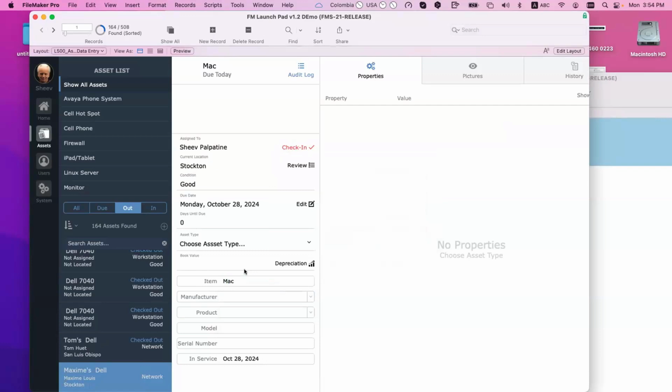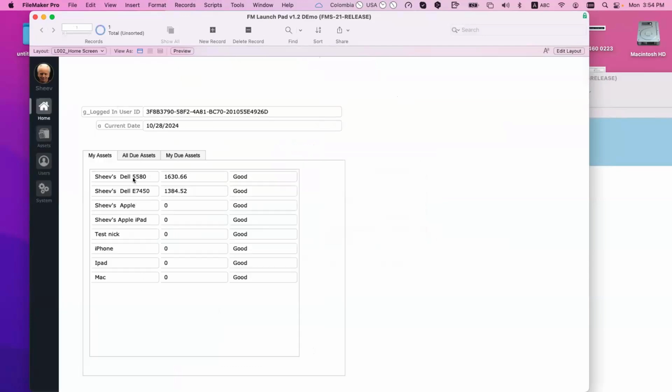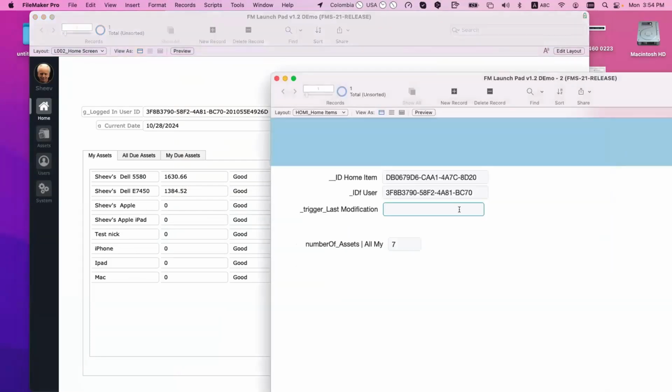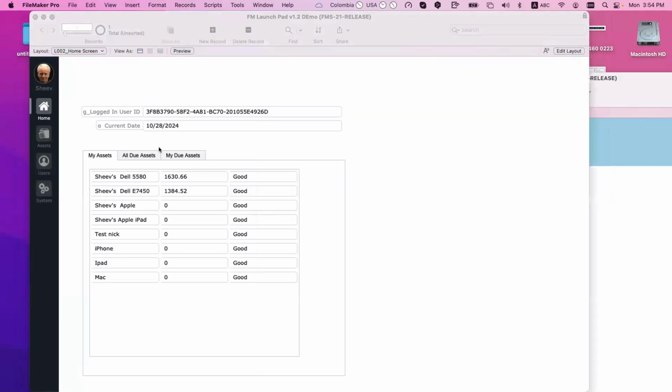So I have a Mac, I have an iPhone, so I have a new one, right? I have an additional one. So if I go there, I have now 8: 1, 2, 3, 4, 5, 6, 7, 8. And here I have 7. But if I do this, now I have it. So you update this for this, right? So what happened